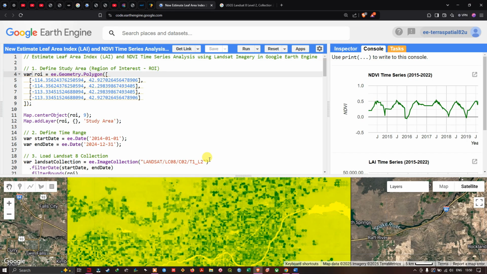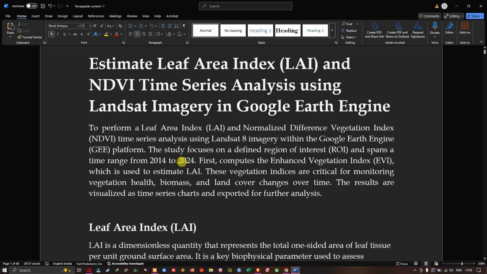In this video, I'm going to show you how to estimate a leaf area index and NDVI time series analysis using Landsat imagery in Google Earth Engine. So now let's get started. To perform a leaf area index and normalized difference vegetation index time series analysis using Landsat 8 imagery,